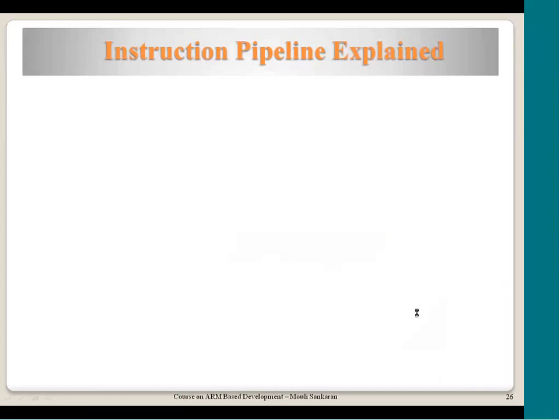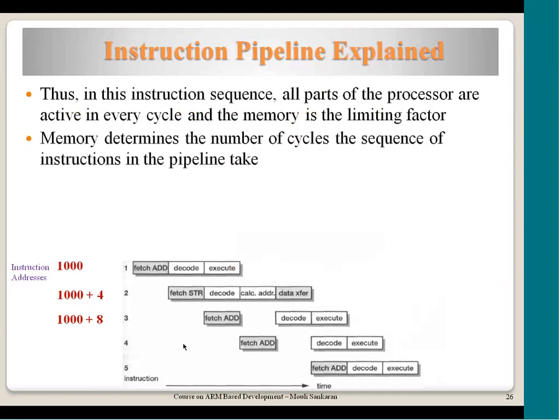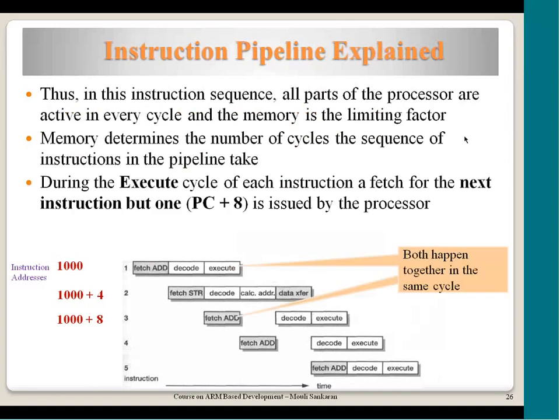So I am giving an example with the addresses 1000, 1004, 1008. These are the instructions. Suppose this add instruction was at 1000, then the next STR would have been at 1004, and this would have been at 1008. Now you have to understand one more thing, that the memory is determining the flow and the speed of the operation through the pipeline. If you look at this particular time frame,